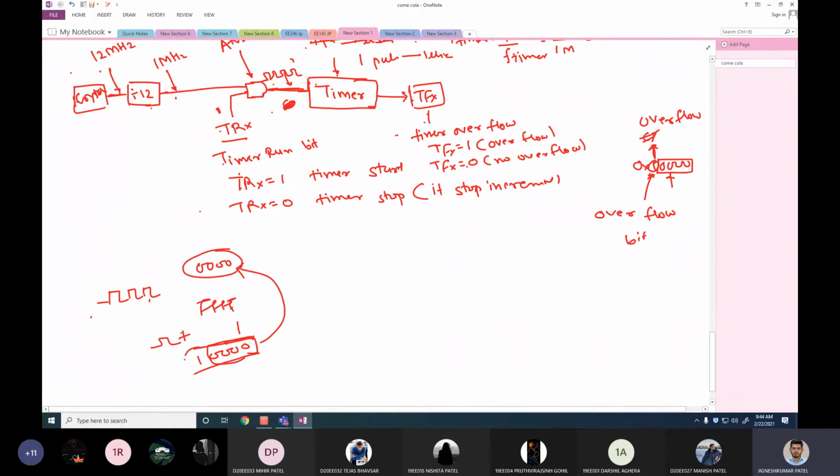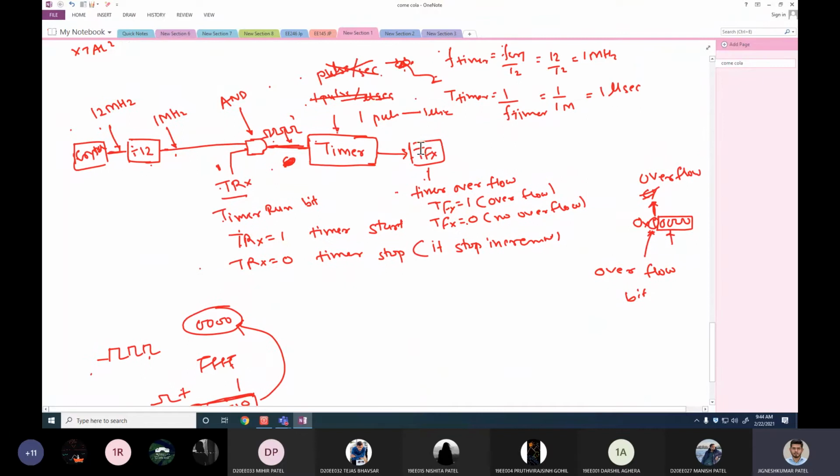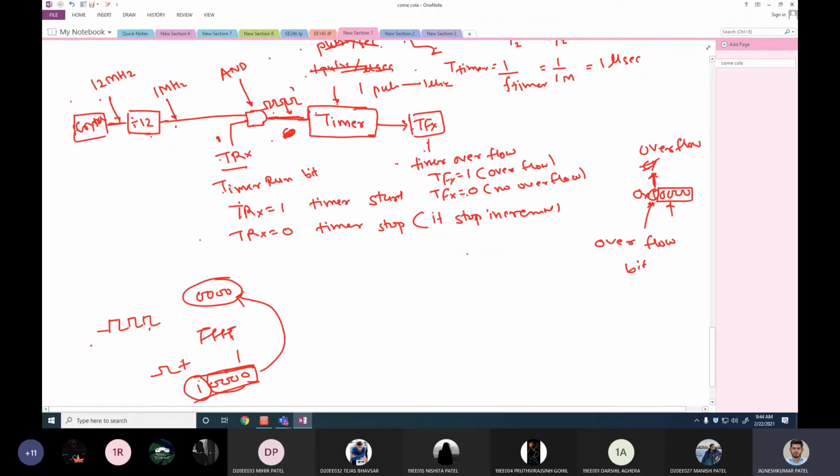So that's why this one is important, and that one is being transferred to this bit known as the timer overflow flag, where this is timer overflow. The actual name is timer overflow flag bit. So what does that do? A flag bit will represent something, some event. Whenever there is a flag, the flag represents something.